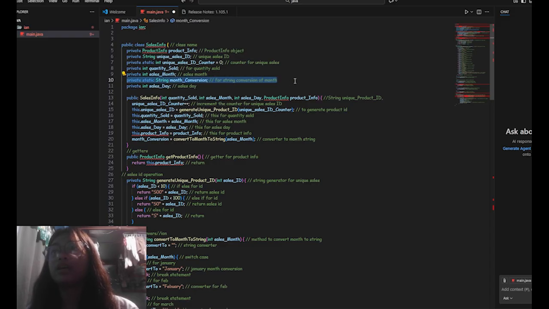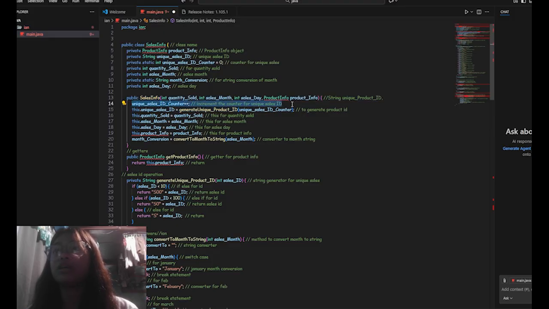Private static string month conversion, which is a variable for the string name of the month. Private int sales day, which is an attribute for the day of the sale. The next one is public sales info with int quantity sold, int sales month, int sales day, and product info, which is a constructor used to create sales info objects.